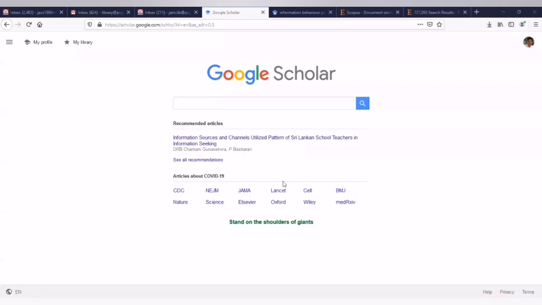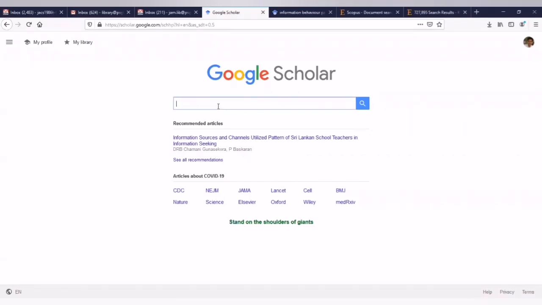Hi, as I told you, I'm going to demonstrate how to access scholarly academic search engines to get a good review of literature. Here I am going to explain one of the important freely available tools that we know, called Google Scholar, an academic search engine. How are you going to get the results from Google Scholar?